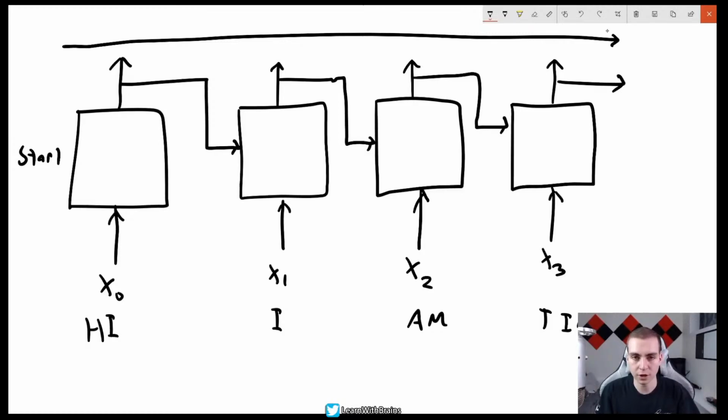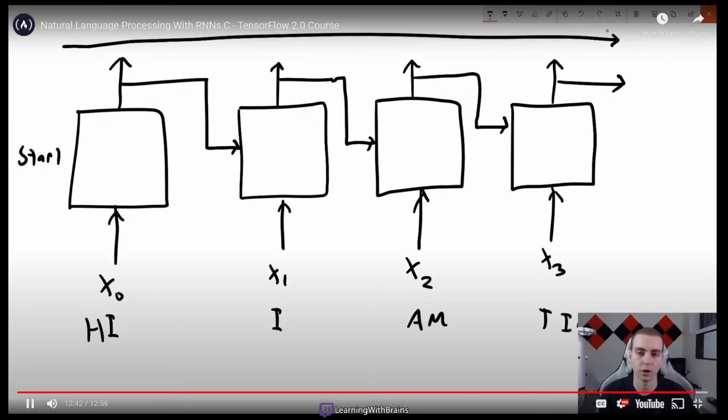Anyways, if you do want to look it up, there are some great mathematical definitions. Again, I will source everything at the bottom of this document so you can go there. But again, that's LSTM, long short-term memory. That's what we're going to use for some of our examples, although simple RNN does work fairly well for shorter